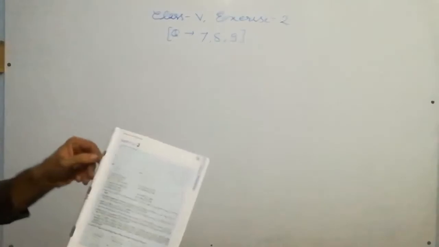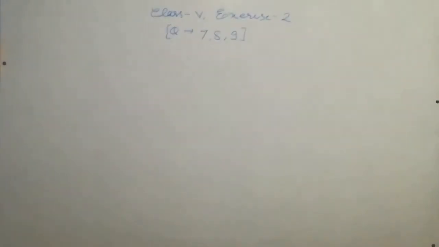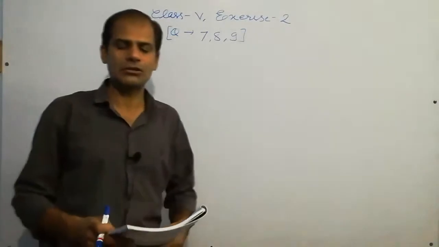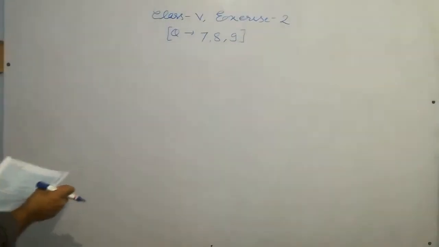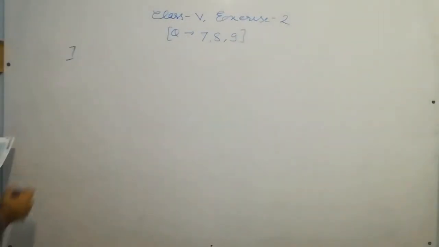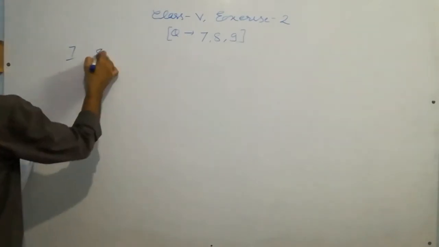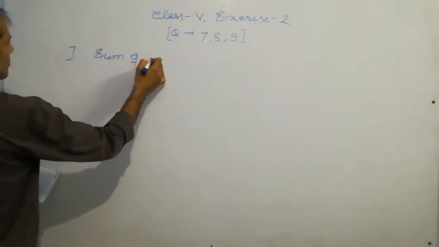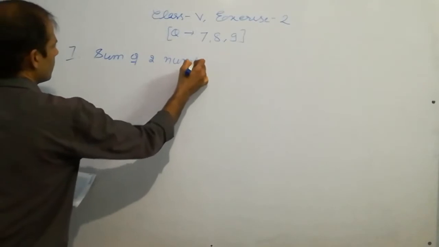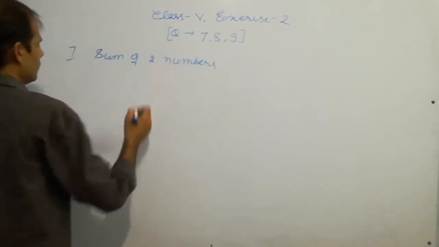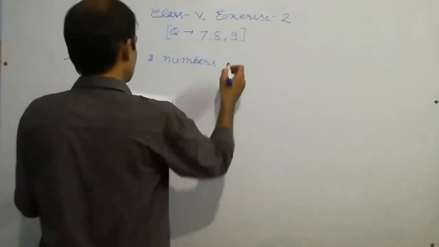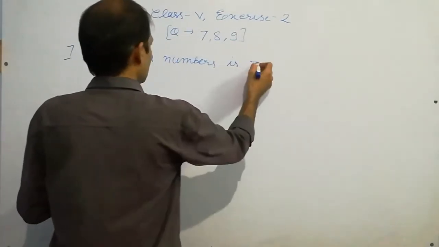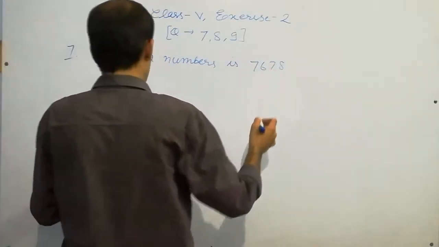So this is exercise 2. I hope you can see clearly, question number 7, 8 and 9, and it is on page number 17. Okay, page number 17. So question number 7 is: sum of two numbers is 7678,